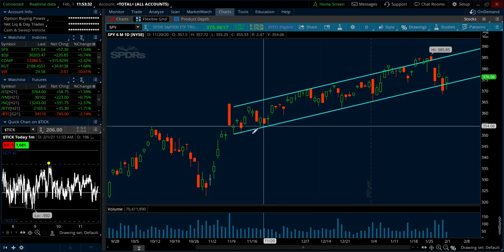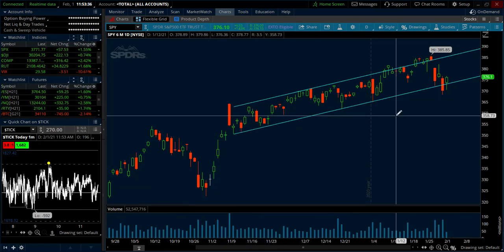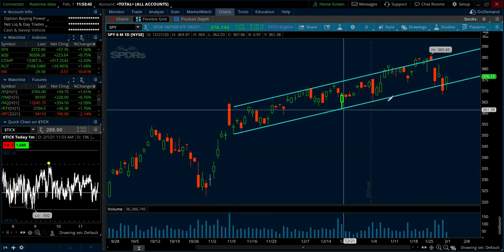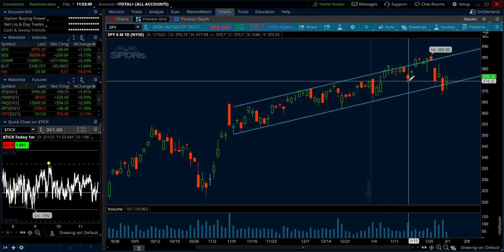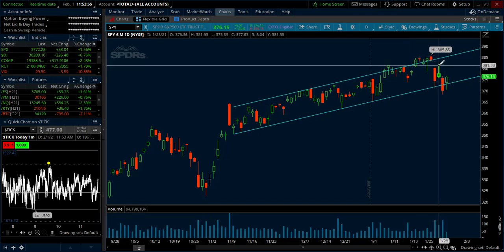And you can see on our up channel drawn on our SPY chart here, we've got some bigger volume that occurred over the last couple days. And you can see we're at the bottom portion of the channel. Notable last week was a break of this swing low on the 15th. And at the close on the 28th,